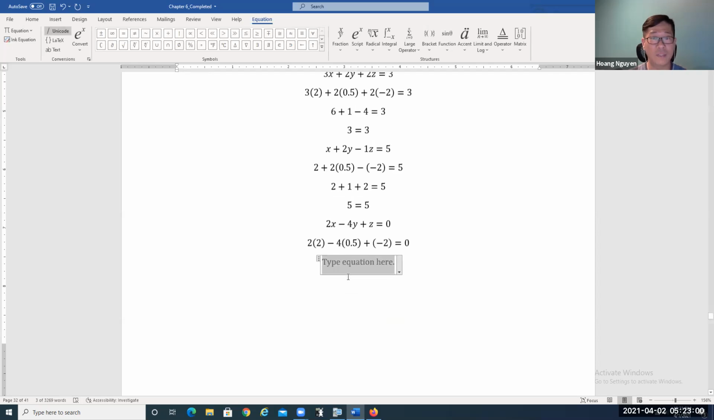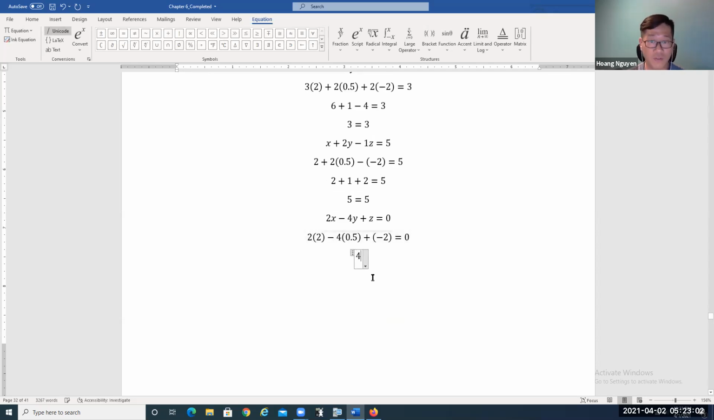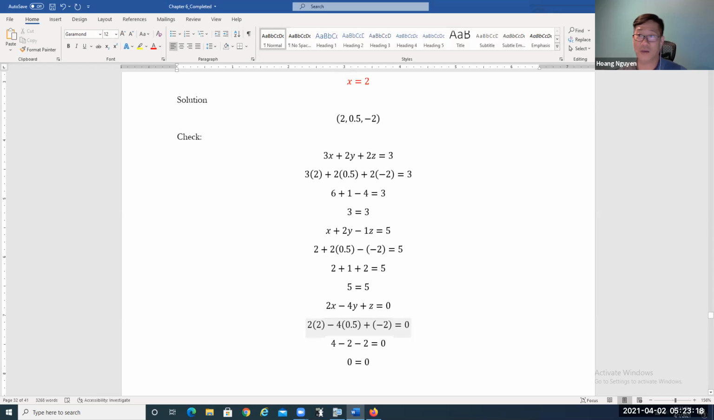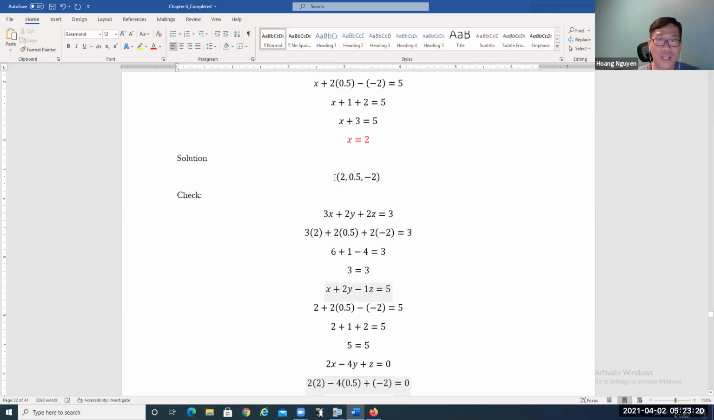Okay, hopefully. So 2 times 2 is equal to 4. -4 times 0.5 is going to be -2, and -2, that's equal to 0. So 4 take away 2 is 2, take away another 2 is 0, so 0 equals 0. That's true. Okay, so that's good, right? So this is going to be the final answer. We have the solution, x equals 2, y is equal to 0.5, so 1/2, and then z is equal to